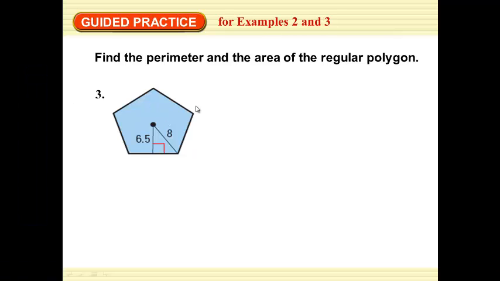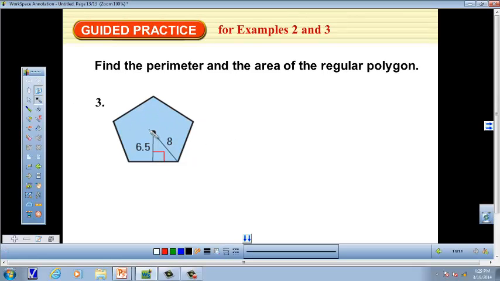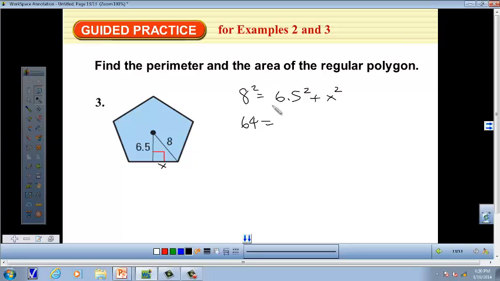All right, we're doing the same thing with this hexagon. I'm sorry, with this pentagon. The nice thing is we have our apothem, so we're going to use the Pythagorean theorem to find this distance here. We have 8 squared is equal to 6.5 squared plus, we'll call this x squared. So that is 64 is equal to